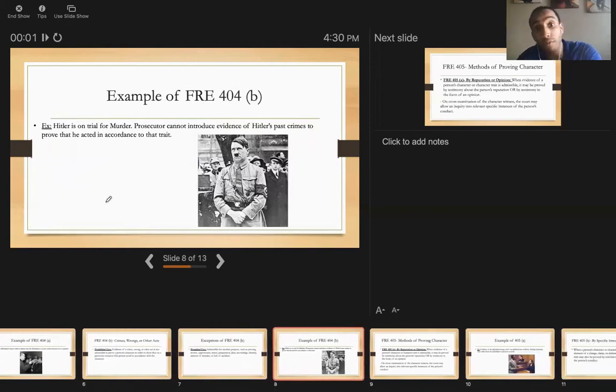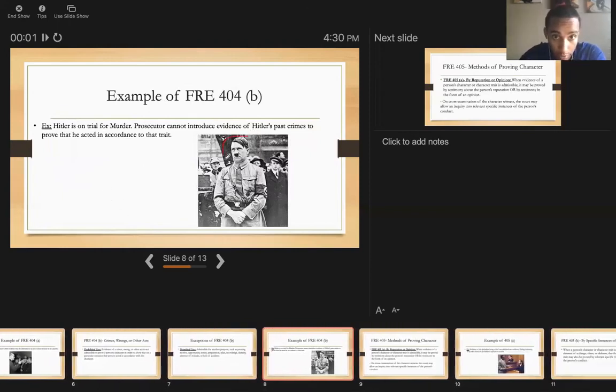Okay, another example of 404B is, we all know this guy's face, right? This is Hitler, Adolf Hitler. An example of this is that Hitler is on trial for murder. The prosecutor cannot introduce evidence of Hitler's past crimes to prove that he acted in accordance with that trait. We all know about what happened to the Jews and the role he played in that situation. So if he was on trial for murder for, let's say, killing another German soldier, let's just pretend that happened, the prosecutor cannot bring up evidence of Hitler's past crimes of killing